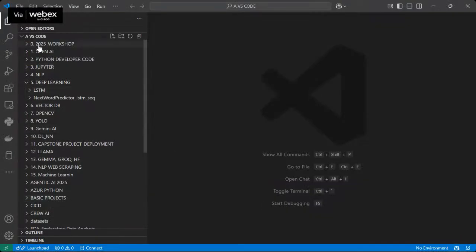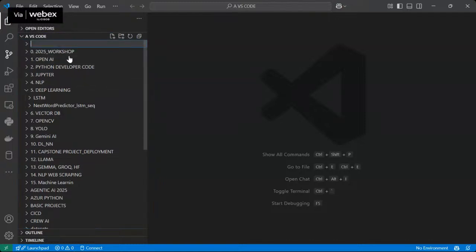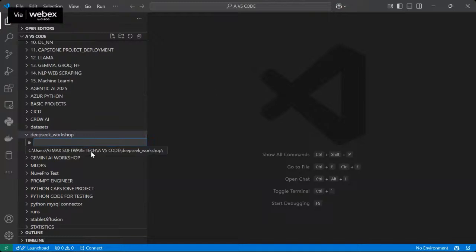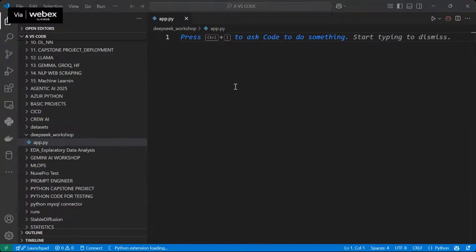For example, I'll right click, and create a folder. Let's call it DeepSeek workshop. Do you see DeepSeek workshop, guys? Then I'll right click, new file, and name it app.py. Pretty clear. So this one also done.